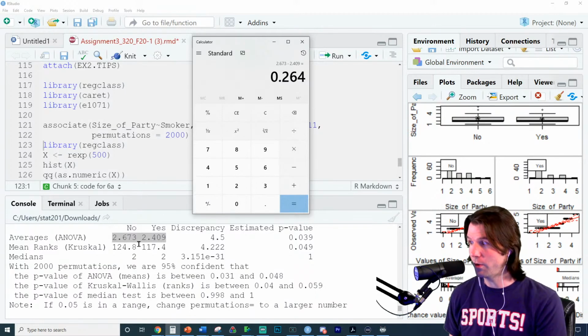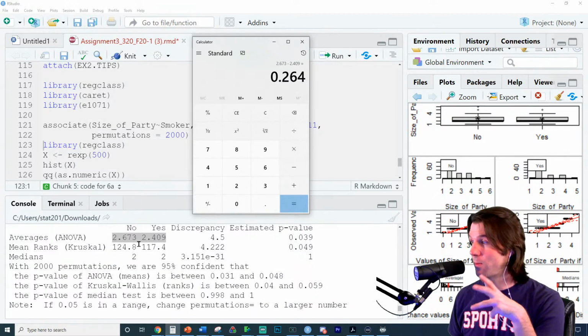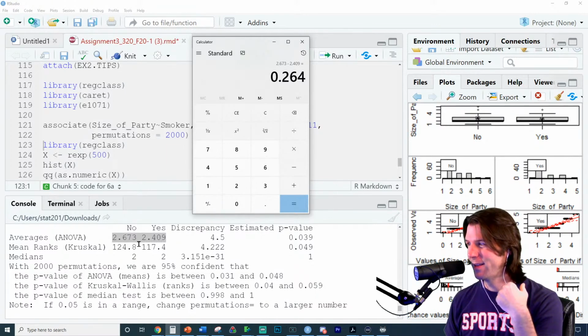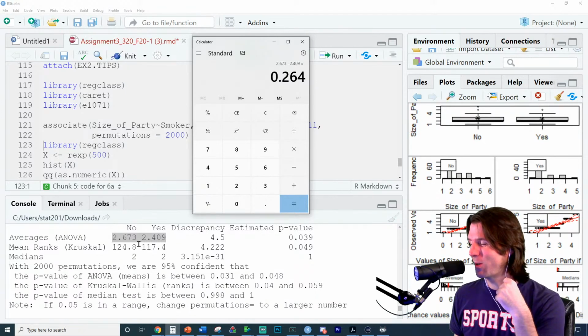I'd quote the number, but I'd say on average there's about this many more people in a party, and I'd put the number in parentheses is the way I'd write it up. It's just easier to understand if someone just hears it, because we all know this word. Since it's 26%, I would just round it to a quarter. I'd say there's about a quarter more of a person.